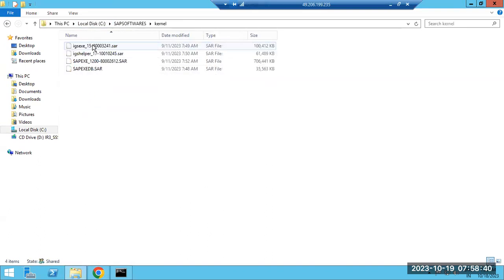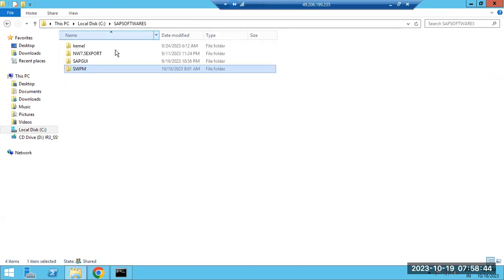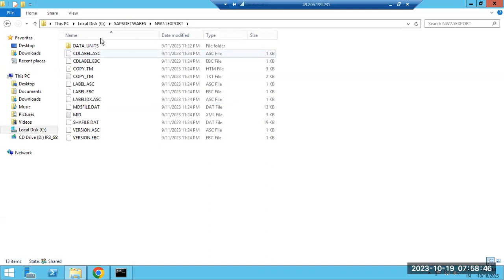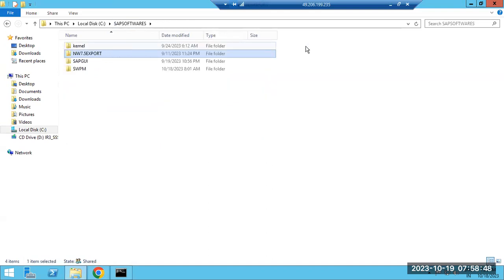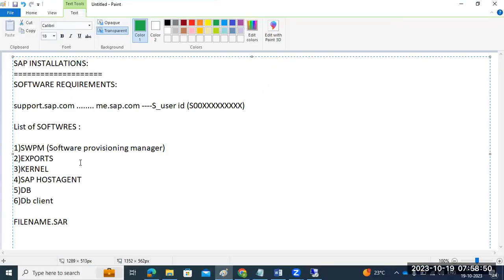So the kernel files will come, then SWPM, then exports. Yeah, this is the NetWeaver exports. Like that, we have to download it here. SWPM is common, kernel is common, host agent is common, DB is common, and DB client is common for any SAP product installation. Everything is common,